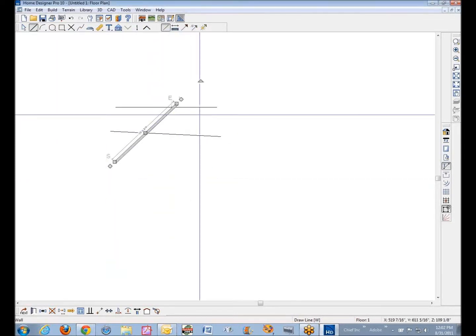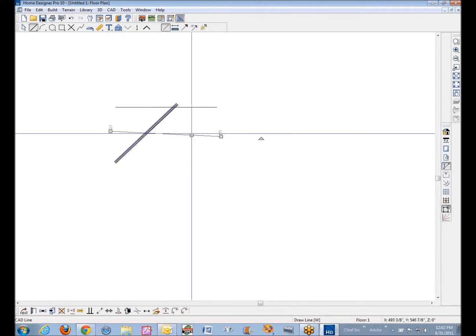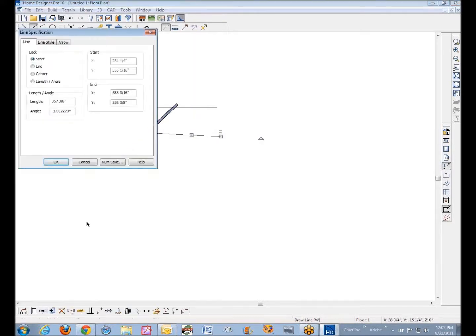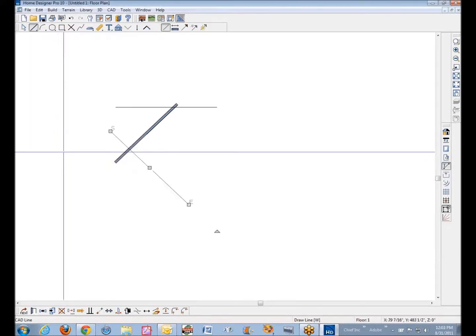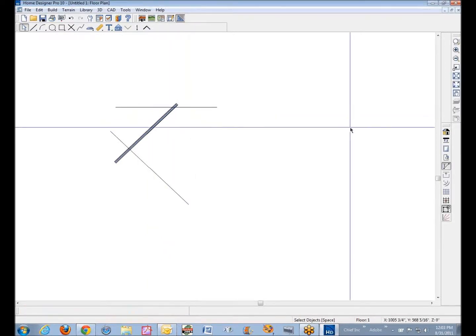I don't know if you guys knew that, but there's different ways to edit objects. We'll do the same thing with this line here. Let's make it -45 degrees, just for fun. Get the idea. So now this line and that wall are perpendicular, and I just changed that by input. So anyway, this